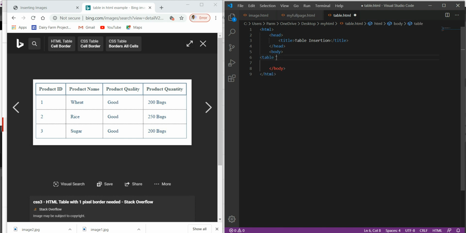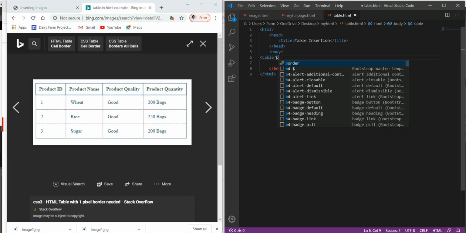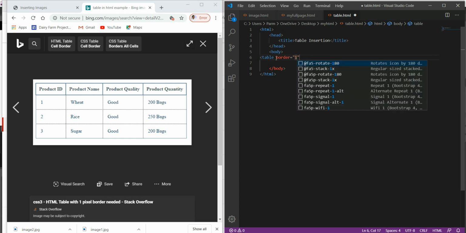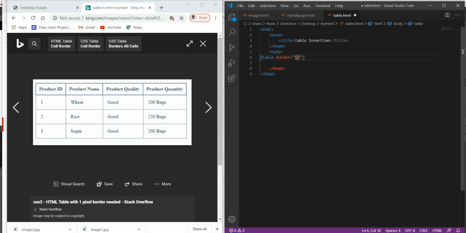Here we can specify the border of the table, say border equal to 1. I'll just take it as 1 pixel. This way we have created a table with a border. Now comes a row.